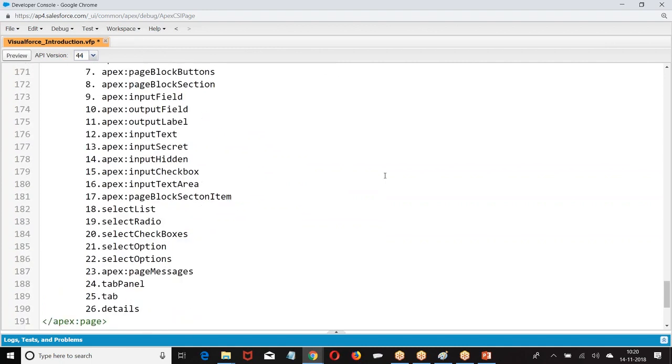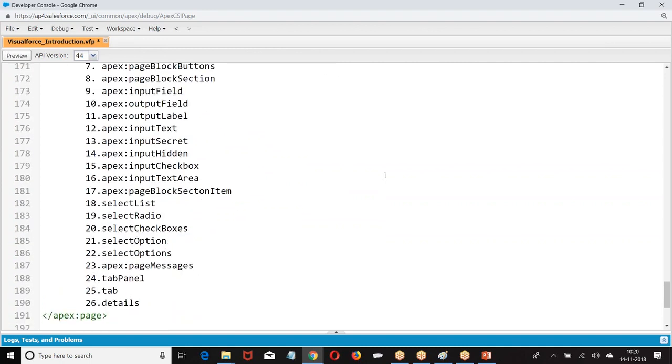Then we will start Apex, then the combination of Apex and the remaining components of Visualforce. These components purely will be learned with respect to Visualforce. The remaining 25 components I'll be giving with the combination of Apex. They require data. That data I'll be taking from an Apex class. This 25 will be taught purely without Apex programming.